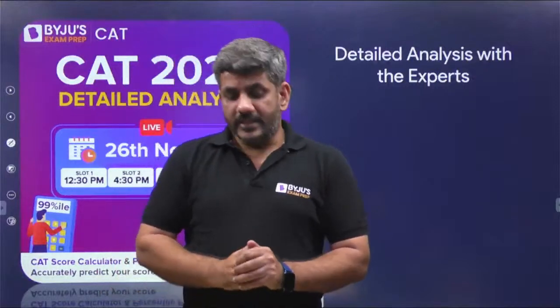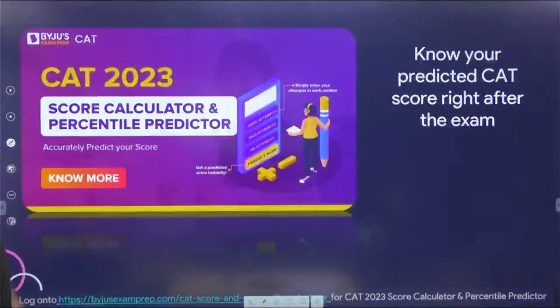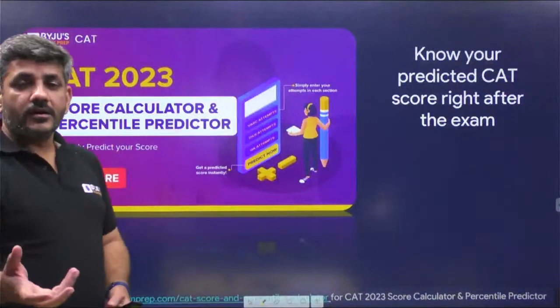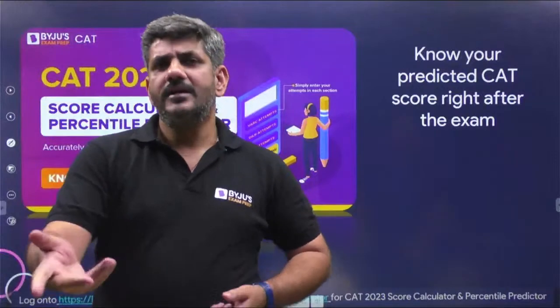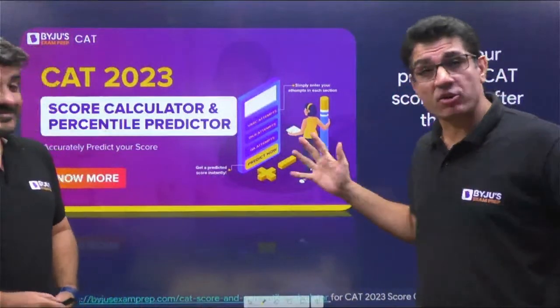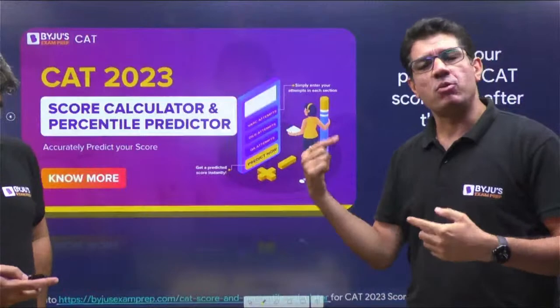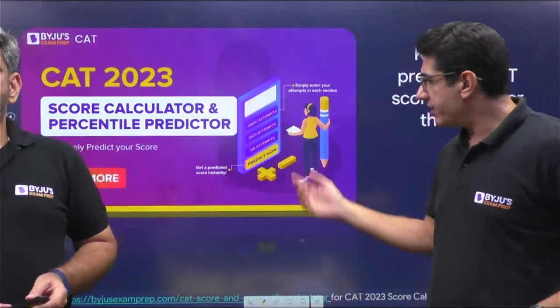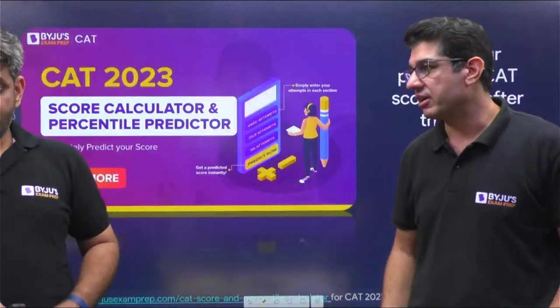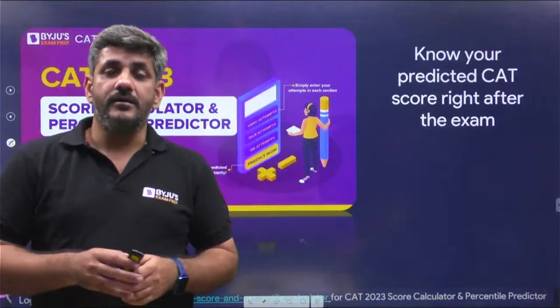Okay, so that's all from our side, and do not forget to go to this percentile predictor and score predictor which is there right on our app. Once you get your response sheet, just put it in there, you'll get to know your scores, and that score can also tell you your percentile. All the things that we talked about, a question being easy, difficult, this right answer, that right answer, all that expertise is being poured into this at the back end. And the moment you start putting in your responses, I think this is going to give you a very accurate result.